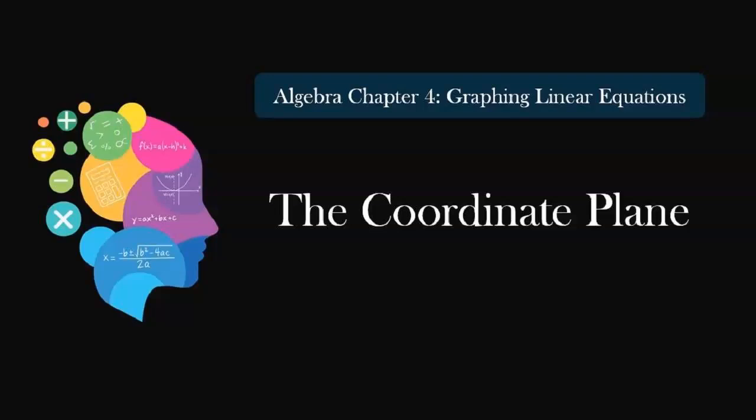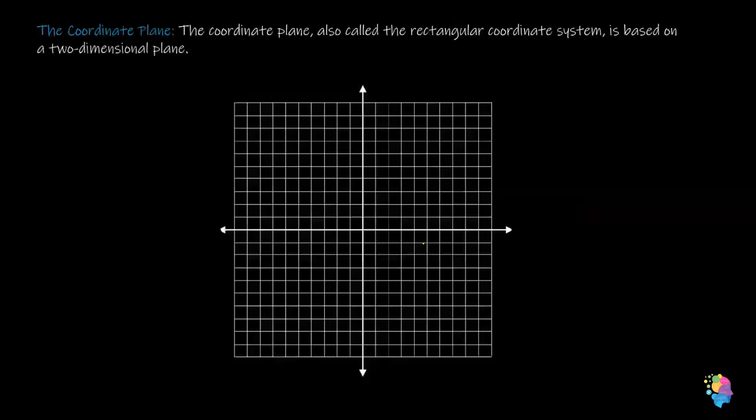In this video, we will cover the coordinate plane. The coordinate plane, also called the rectangular coordinate system, is based on a two-dimensional plane. It's divided into 4 sections named quadrants. Starting at the top right and moving counterclockwise, the names of the quadrants are Quadrant 1,